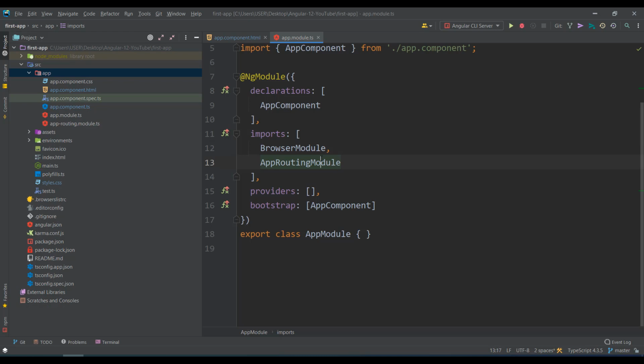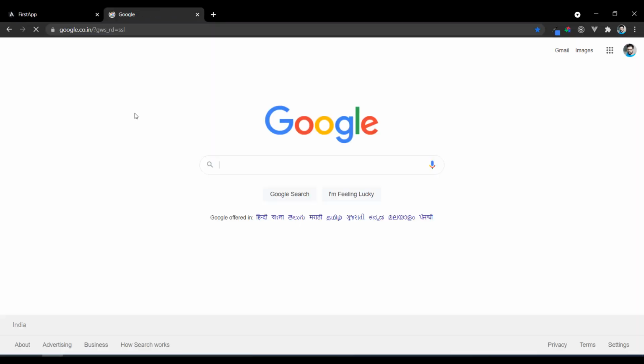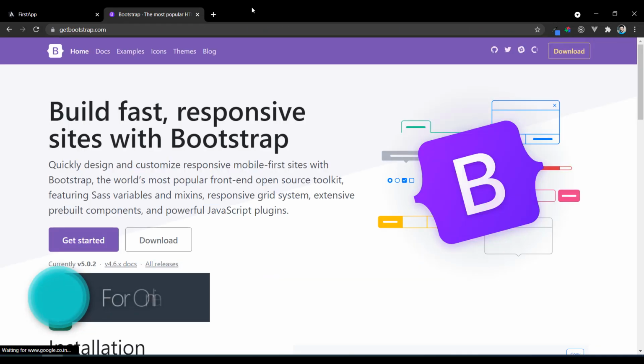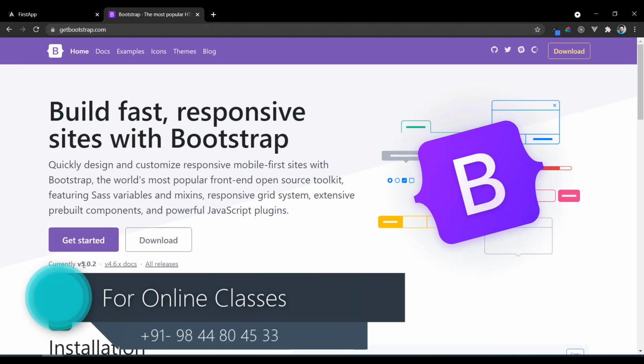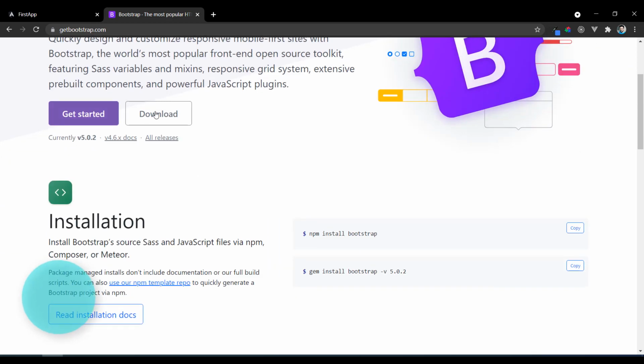Now we are going to configure Bootstrap for our application. To connect Bootstrap, let's go to the official Bootstrap website. As of today, the current version of Bootstrap is Bootstrap 5.0.2, so we'll be using the same. If you want to add Bootstrap, just go to the download.